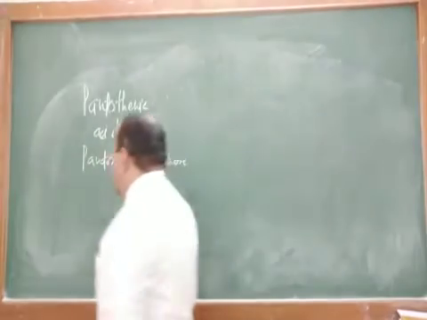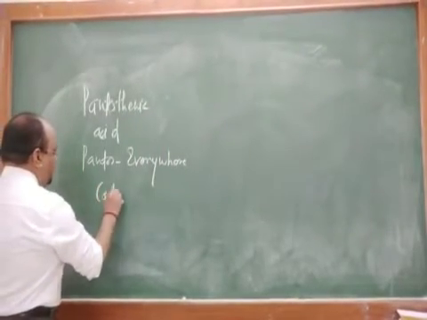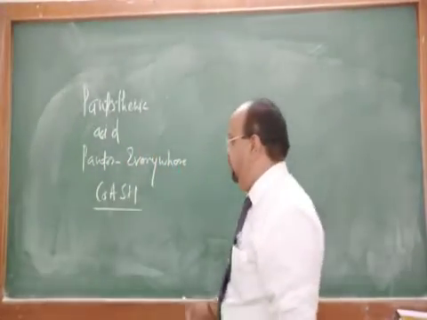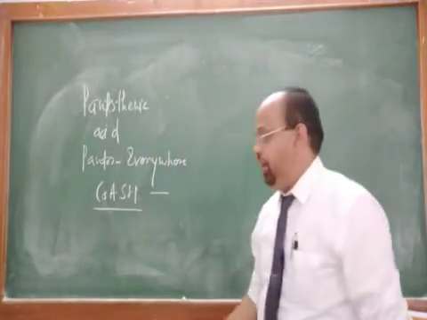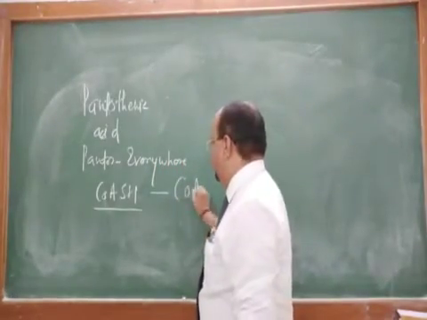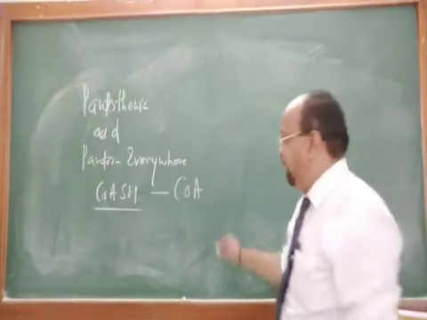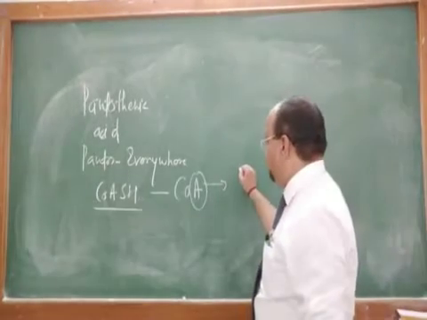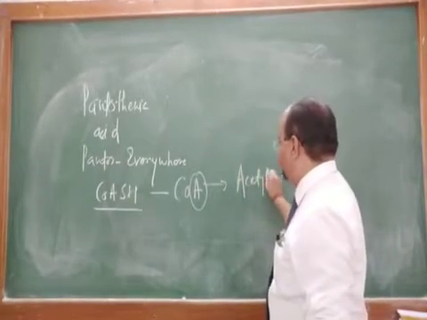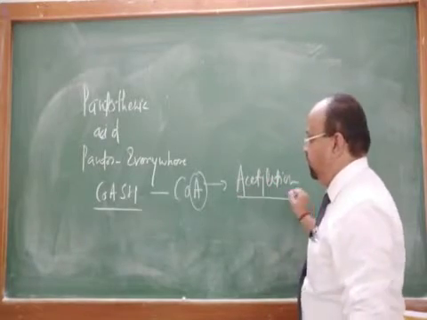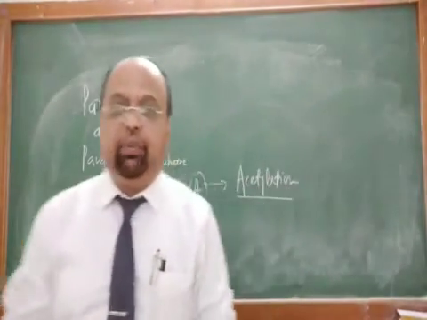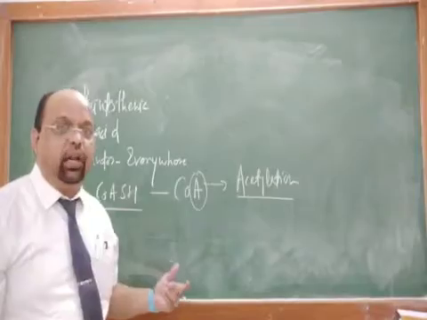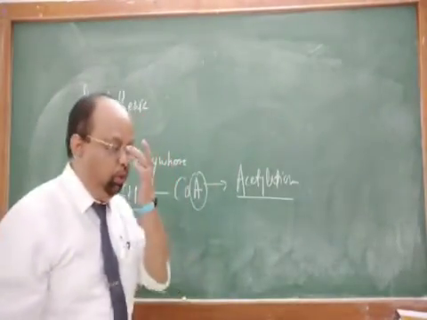Its coenzyme form itself is known as coenzyme A. In short we write it like this: CoA, coenzyme A. This A is for acetylation purpose. CoA is for acetylation. So when we write CoA and we show the sulfhydryl group or thiol group along with